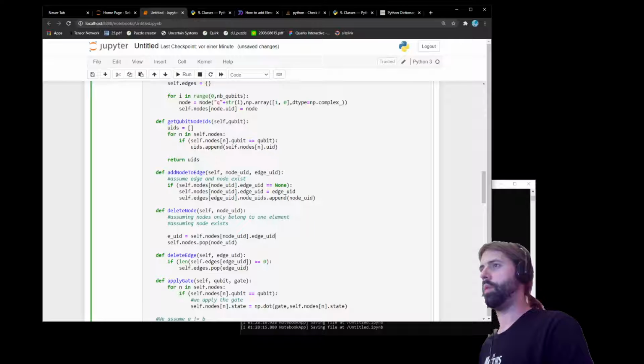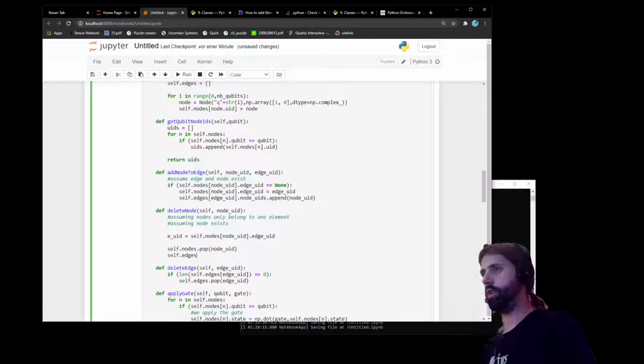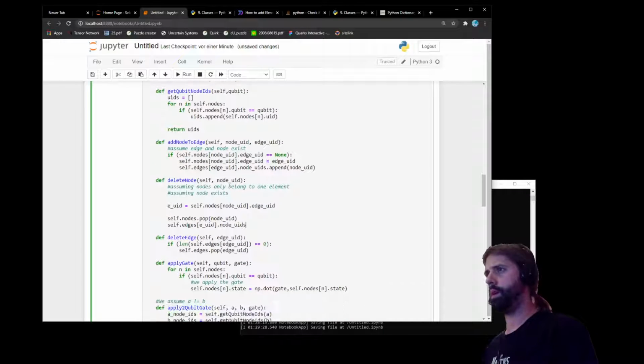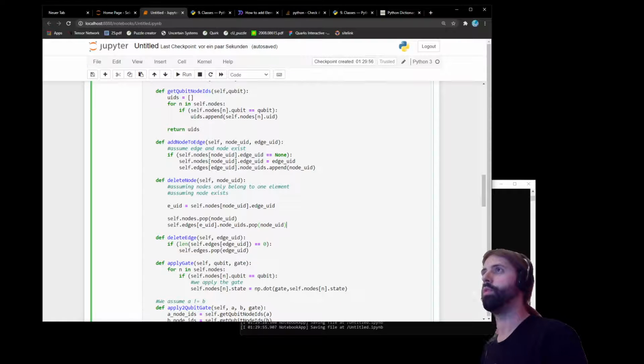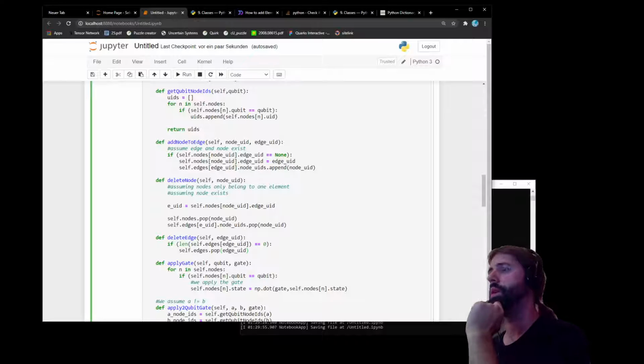and now what we need to do is basically self edges UID, node IDs, node UIDs. Is it node UIDs finally, or node ID? Node UIDs. Pop node UID. So I remove from the edge. So we remove from nodes and remove from the edge. And when I delete the edges, if it's empty, then it pops it up, and I assume that it's done